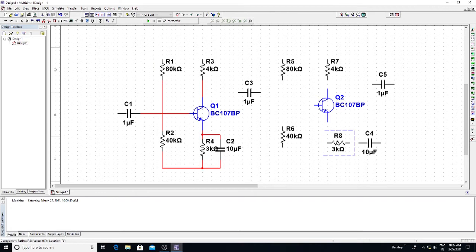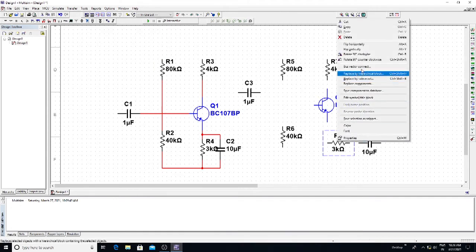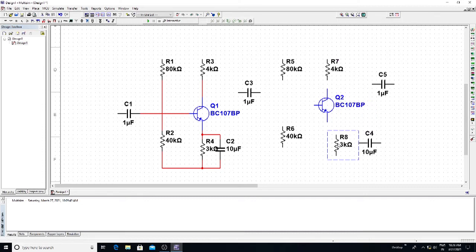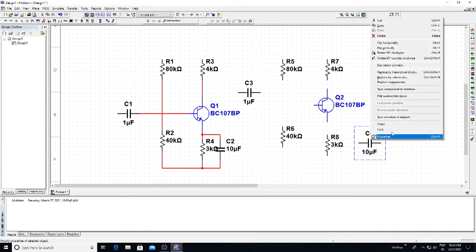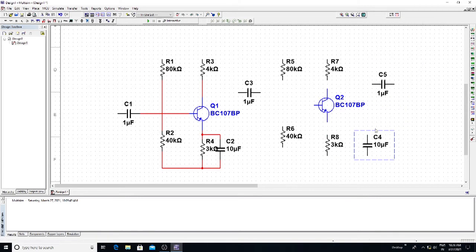And rotate R8, which is connected to the emitter, 90 degrees clockwise. And rotate the C4 capacitor 90 degrees. Right? Now you can connect all these components in a similar fashion to what we have done for the first stage.